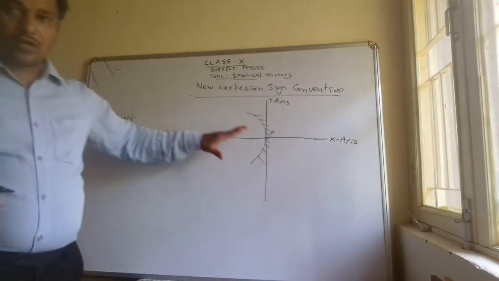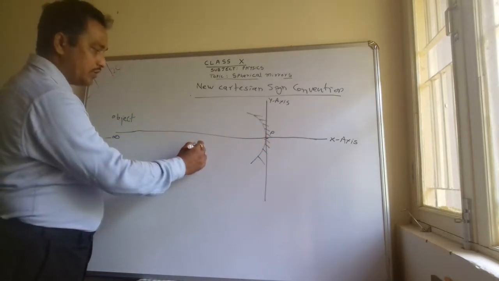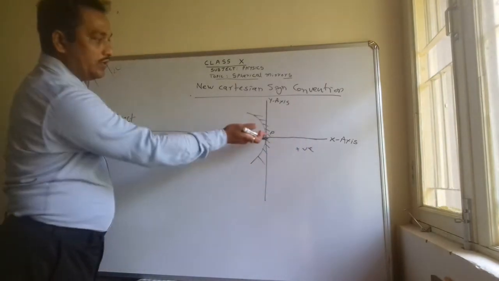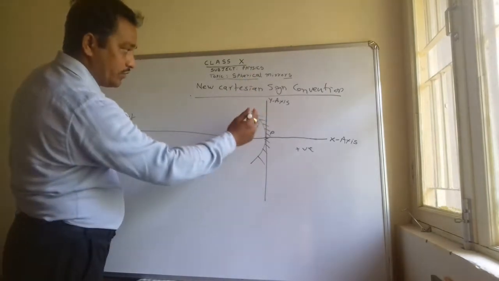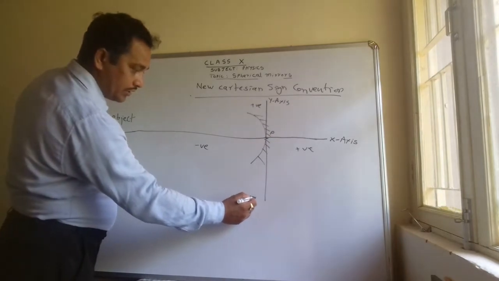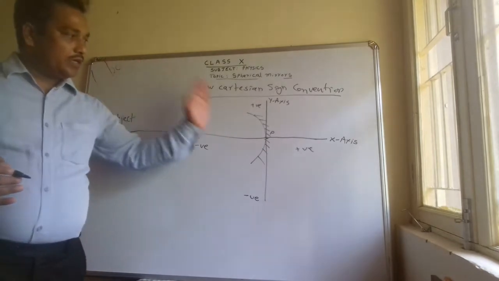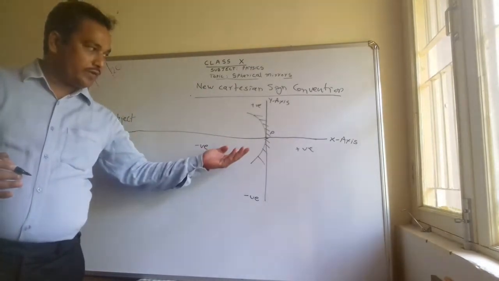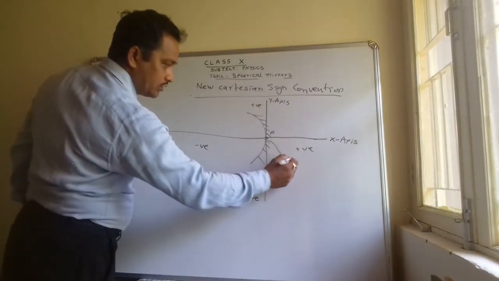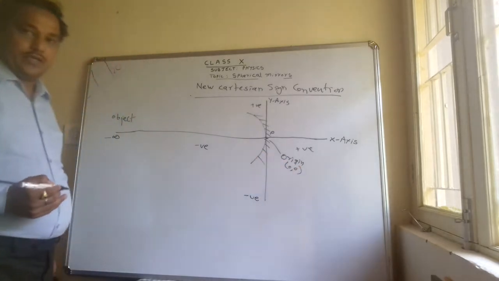So as you are aware in the graph in mathematics, whatever value is on the left hand side will always be negative and the right side will always be positive. Similarly, above the x-axis towards the positive y is always positive and below will always be negative. Correct? As you can see here, we are keeping the mirror over the graph, or imagining it in such a way that the pole is coinciding with the origin of the graph. This is the origin of the graph you have studied, with the coordinate 0, 0 of the xy axis. Correct?